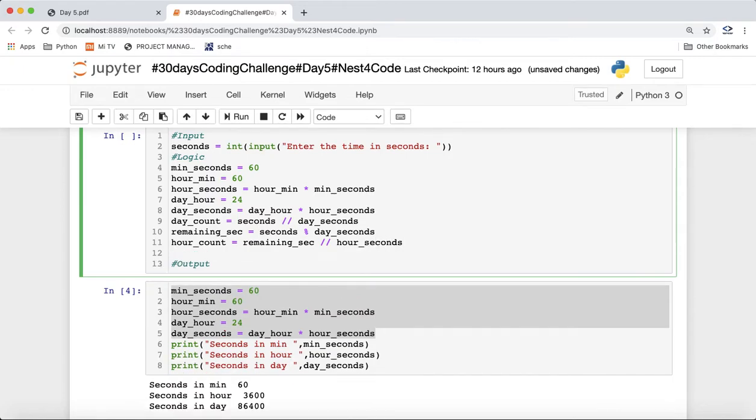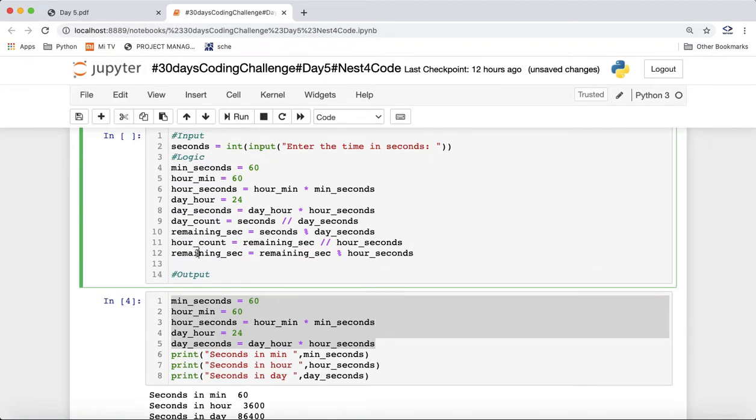Then from the remaining seconds which we got earlier, we'll get the remainder using the hour seconds, right? So this is the remaining seconds now after we have computed hours.